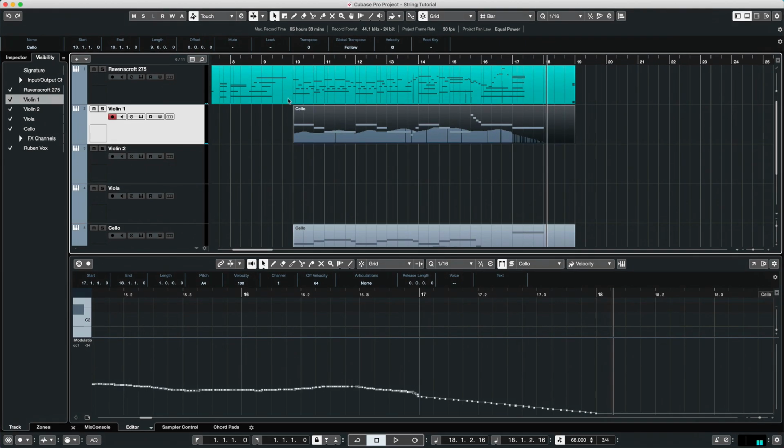Let's hear how those sound together. I think that's sounding pretty good. Now, viola 1 and viola 2,